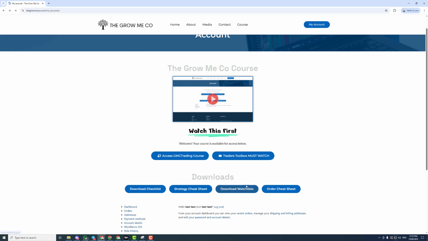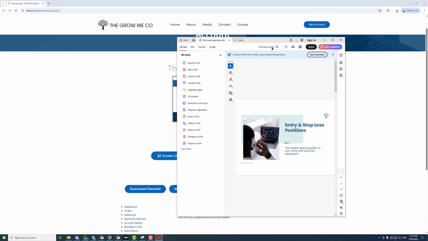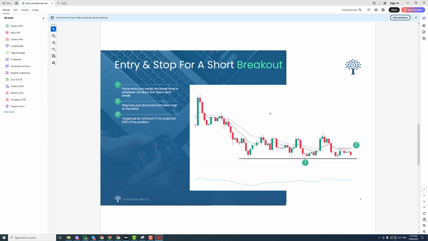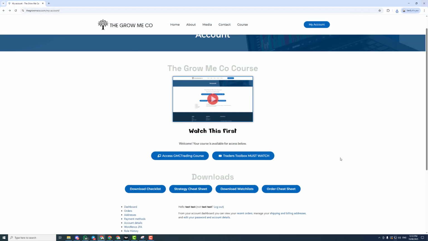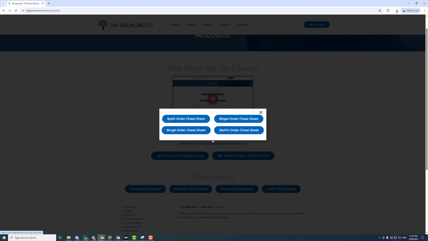It'll be the same thing here. The cheat sheet will be a step-by-step how to raise an order, and I'll show this to you in just a sec. Here you go. Here's all of that, how to raise orders and whatnot. So very simple stuff. Explainers to keep people safe, to help them with the strategies will be one thing there. The other thing as well would be order cheat sheets. So there'd be something like, I've got to update this one actually.